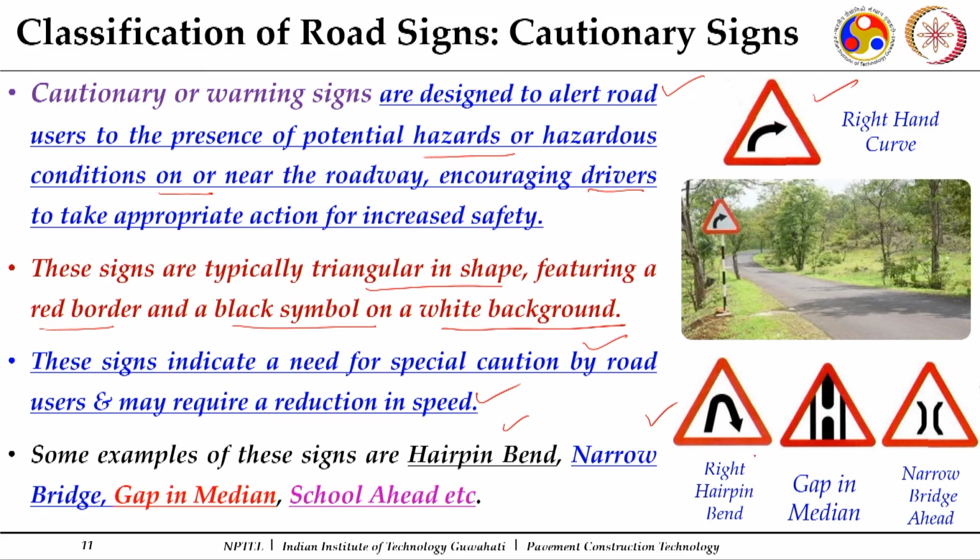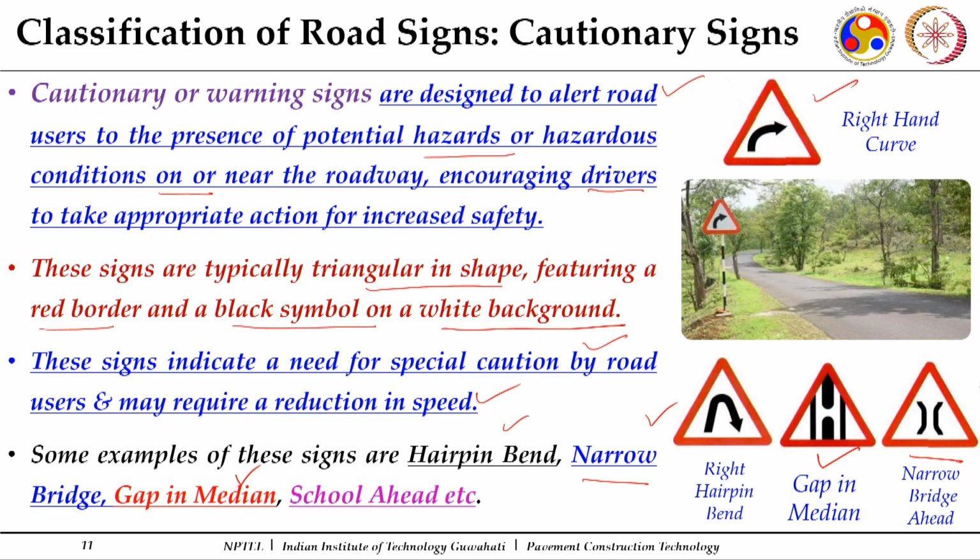This is a right hairpin bend. We can have a narrow bridge. This is an example of a narrow bridge. This is an example of a gap in median. Similarly, there can be a school ahead. These warn you that a median opening or a right hairpin bend is there, so you need to reduce your speed. When approaching a narrow bridge, again you will try to reduce your speed